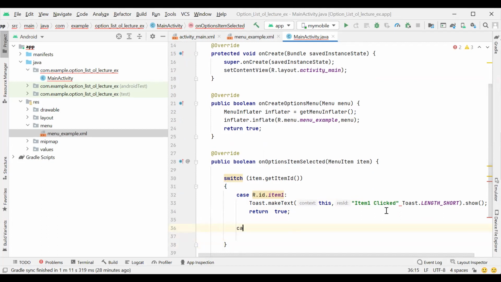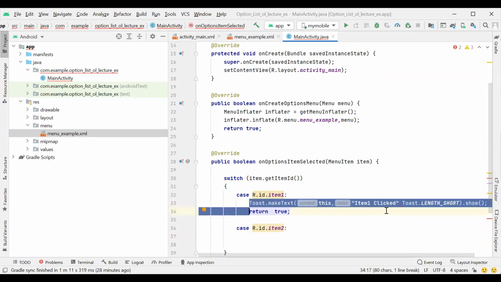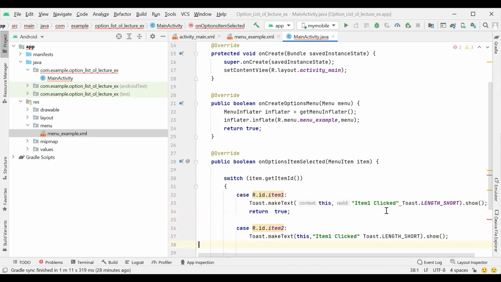Second case we use R dot id dot item 2. Here we paste the same thing, just we change item 1 to item 2, and return true.